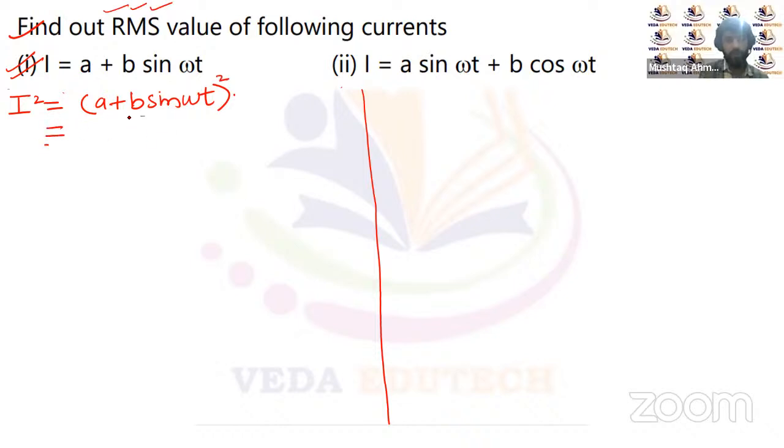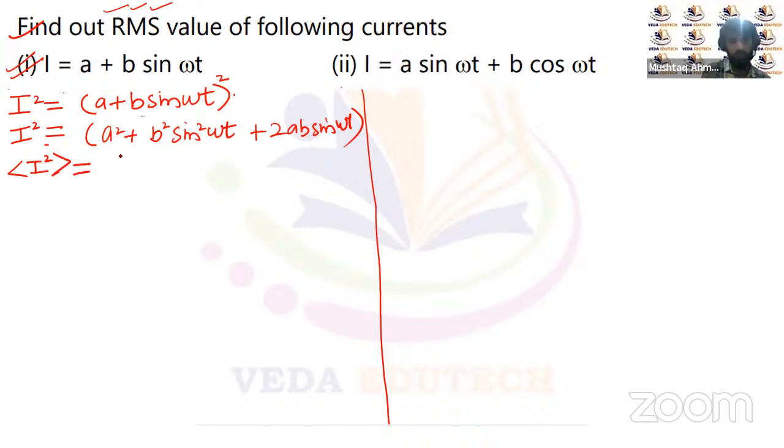Upon squaring on both sides, we'll expand this square term. It will be a square plus b square sine square omega t, plus 2ab sine of omega t. So this will be the expansion, and this will be the current square term. Now we'll take the average of this on both sides. It will be a square plus b square sine square omega t,